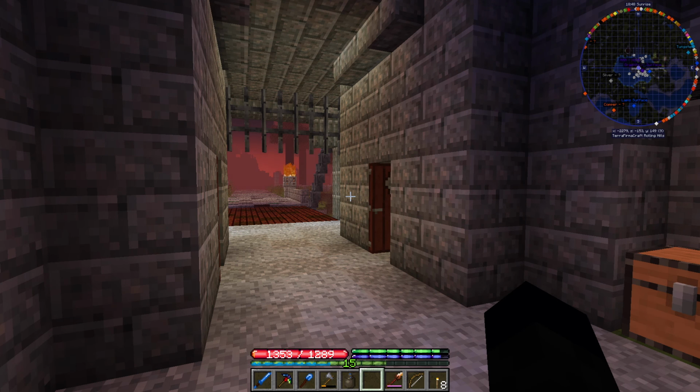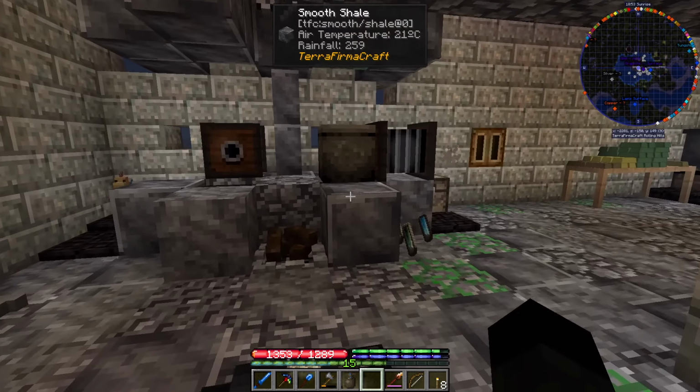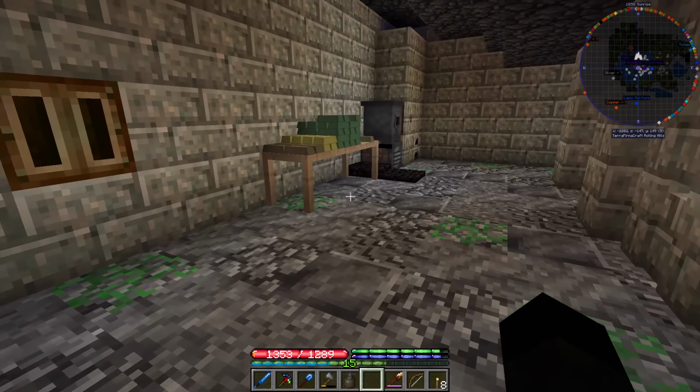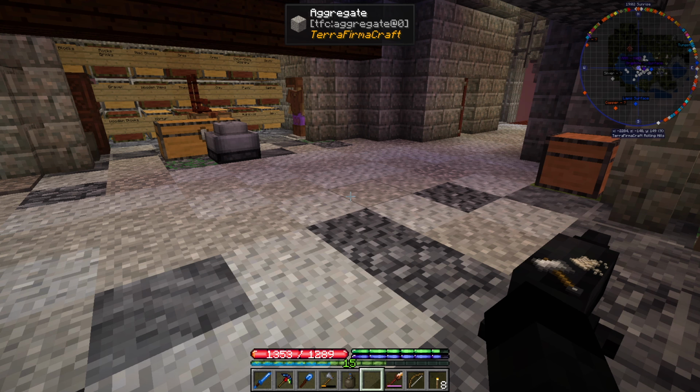So, what's the plan for today? Well, assuming we don't get an invasion, we've got a black steel thing. I haven't done anything with that yet. I do want to furnish and do a little bit of...